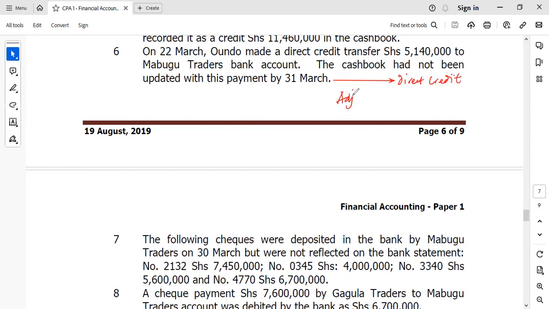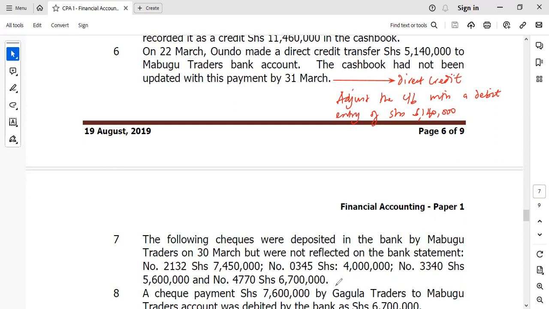So adjust the cash book with a debit entry of shillings 5,140,000. Then in note 7, the following checks were deposited in the bank by Mabugu traders on 30th March, but